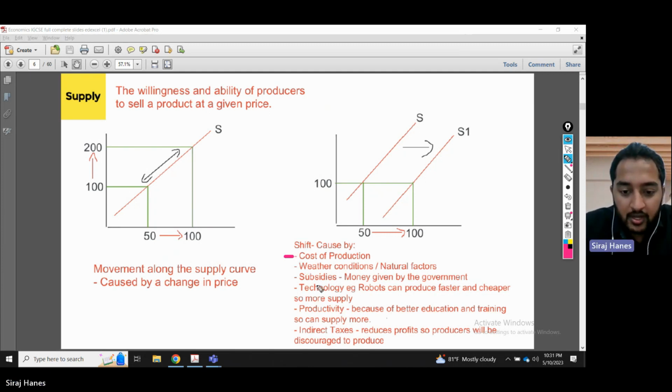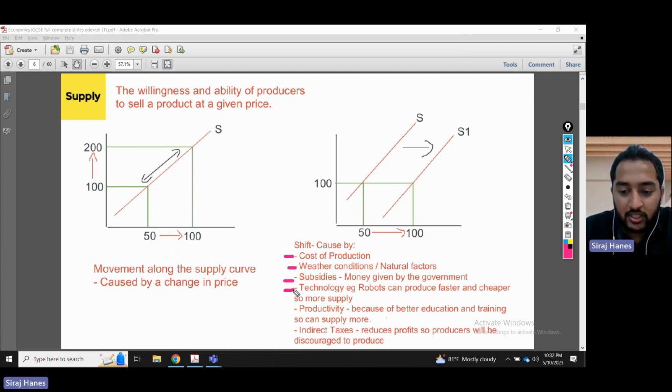So then you get subsidies. Now, subsidies is the government grant. If you haven't heard of this word before, this is money given by the government. Some of the government would say, you know what? I like what you're doing. You're making rice. It's good for society. People will buy. I'll give you a subsidy, grow it, and maybe make it cheaper for customers. So because of that, you start to increase supply.